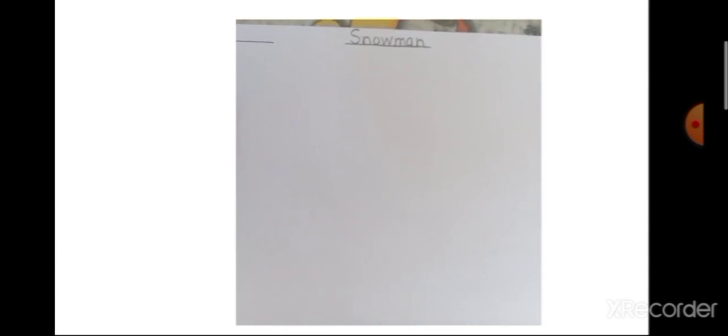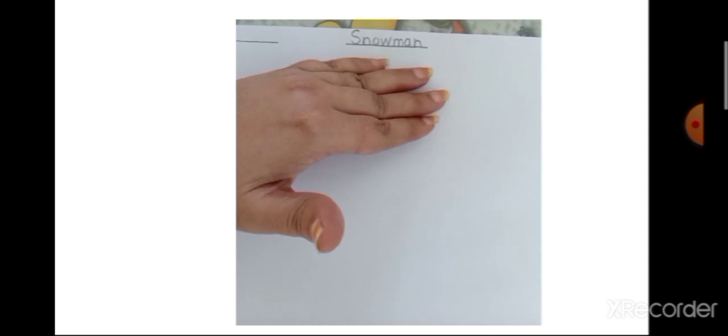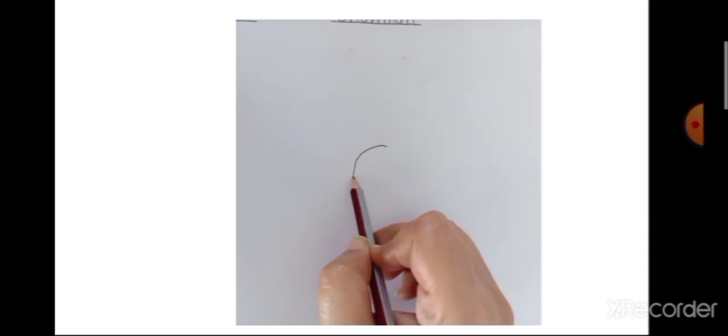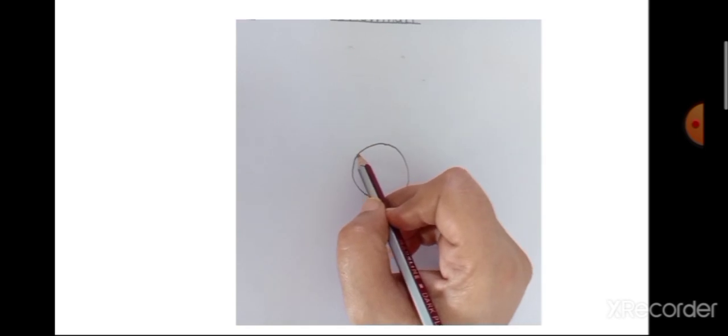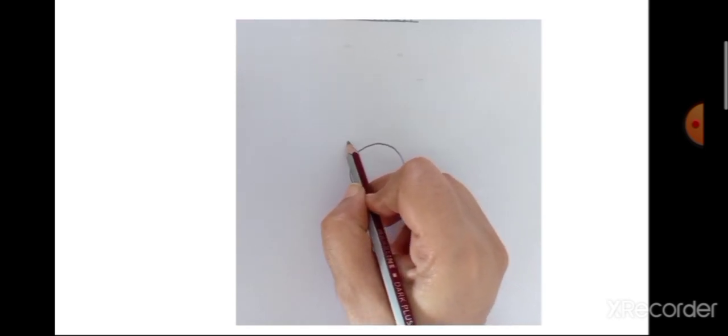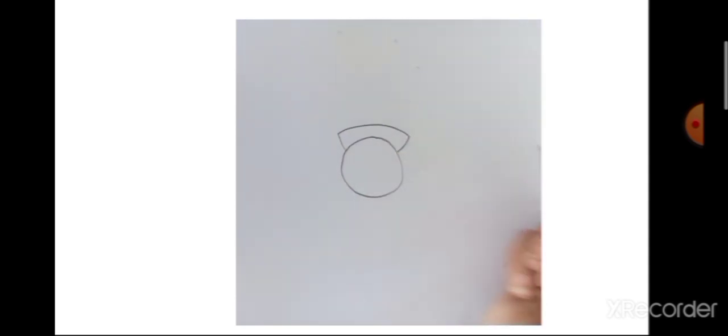Now let's draw a snowman. For that first you have to leave some space. Okay, and then draw a small circle. Now let's draw a hat. For that you have to draw like this.